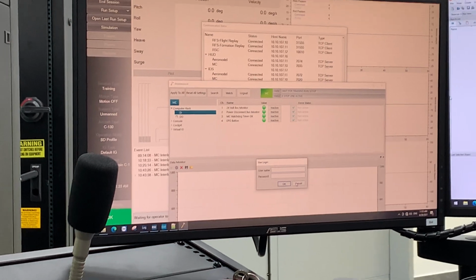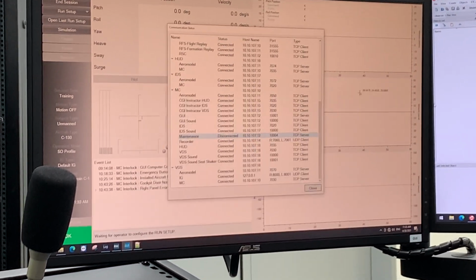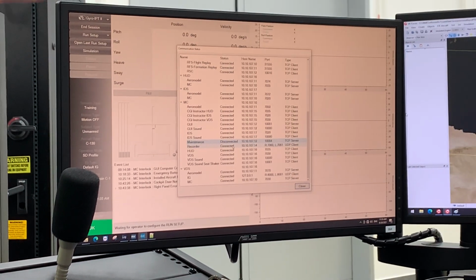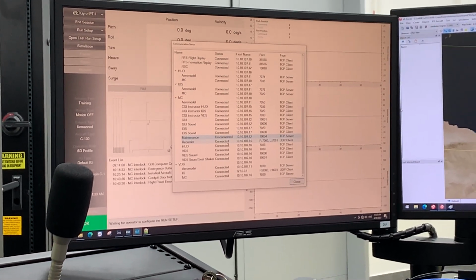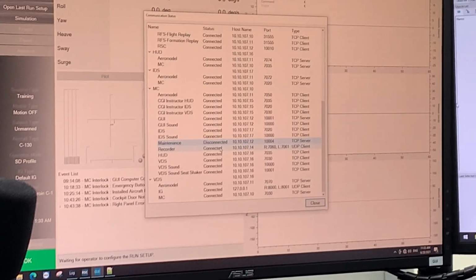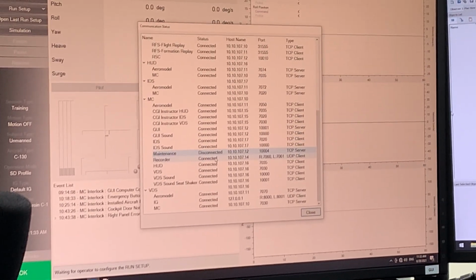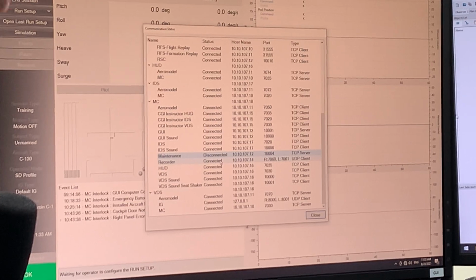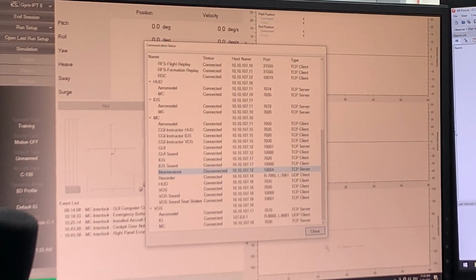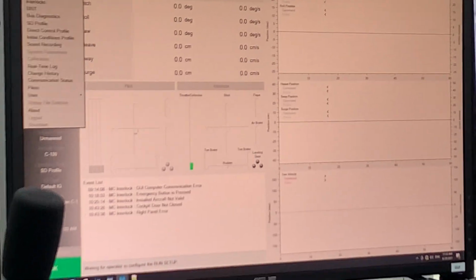I won't talk about maintenance software now, that'll come later. So the communication status screen, the only thing I want you to remember is that it's here. If you have a communication issue, it can be helpful. You don't need to understand more than that, where it can be found. Okay,